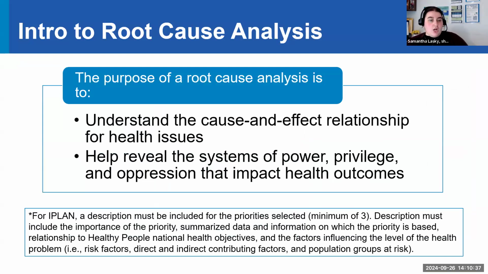Another piece of triangulating this data, once you've developed these issue statements, is to conduct a root cause analysis. So the purpose of the root cause analysis is to understand the cause and effect relationship for health issues and help reveal the systems of power, privilege, and oppression that impact health outcomes. Conducting a root cause analysis of each issue will help you build out the components of your issue profile, and